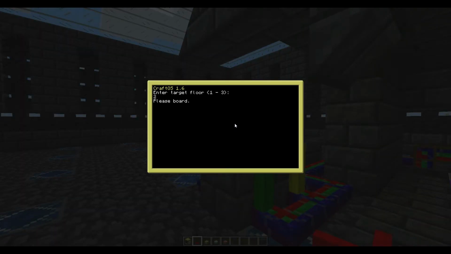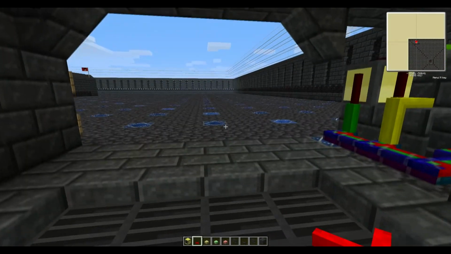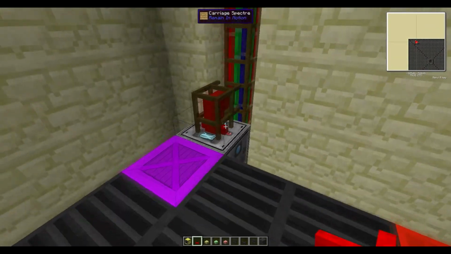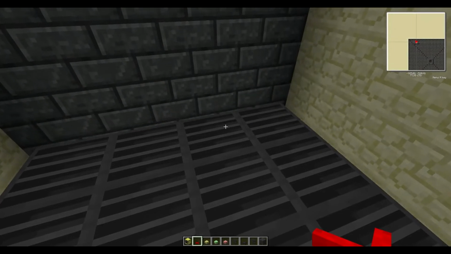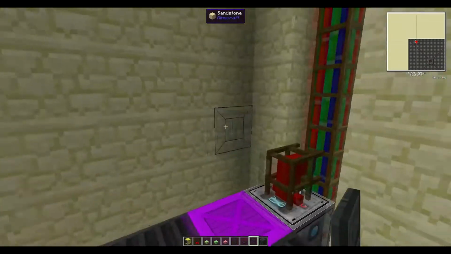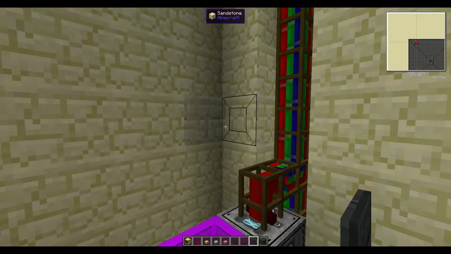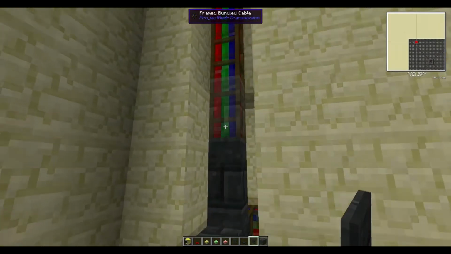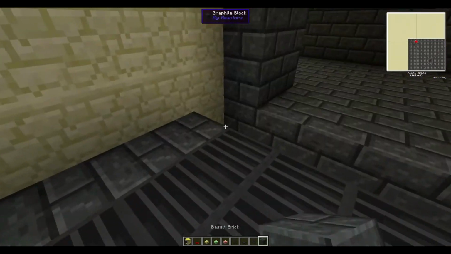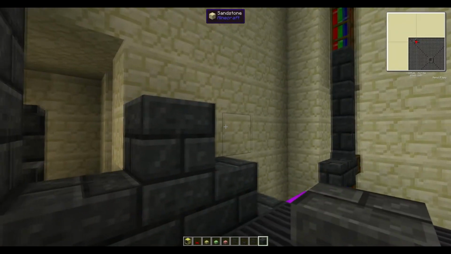We'll go on the 2nd floor, please board. We have 5 seconds to board the elevator and it should start moving down. And if everything works fine, it'll stop on the 2nd floor. Also, you can cover these frame bundled cables with the covers to decorate them like this. Okay,